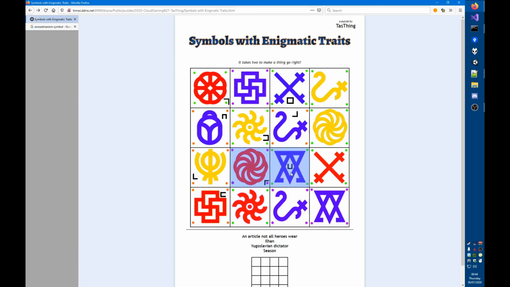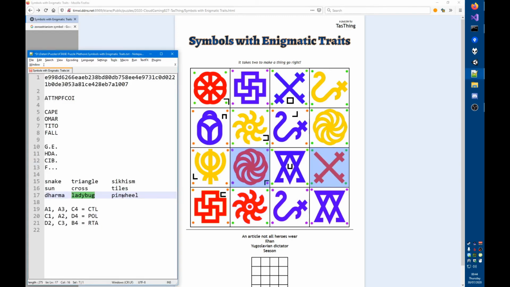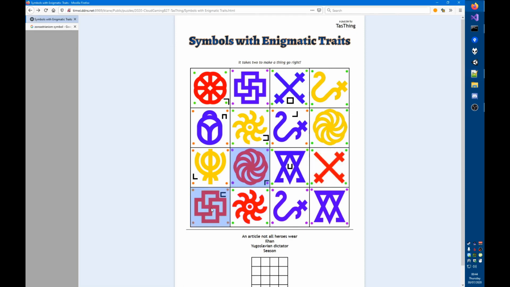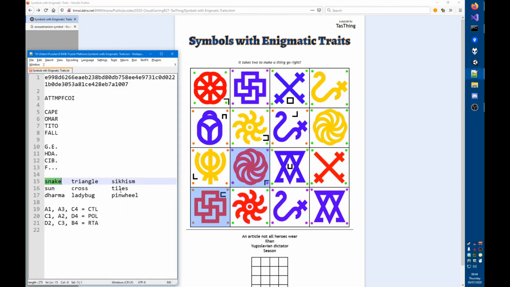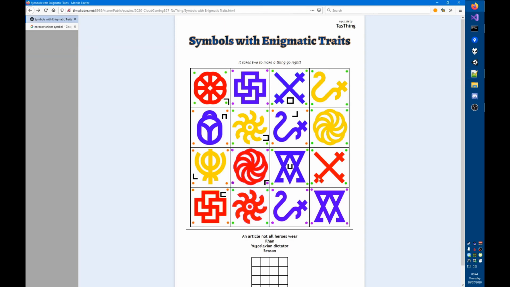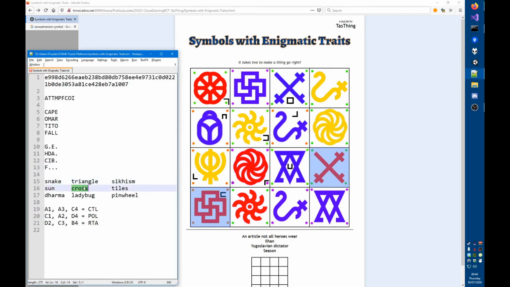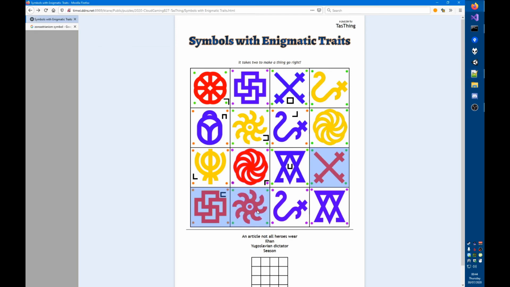We don't have any more yellows, so if anything, it would be 3 reds or 3 blues from here on out, and I can already tell it's not the blues. So let's see, pinwheel and cross would require something with orange dots, so it would have to be the tiles. Pinwheel and cross requires snake, however, so it's not that. Pinwheel with tiles, Sikhism, nope. And finally, pinwheel with sun requires triangles, so no. Cross and tiles requires sun, but those both have green dots, so I could have seen that straight away.